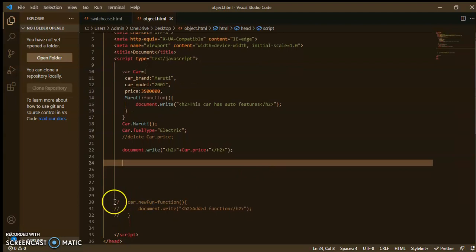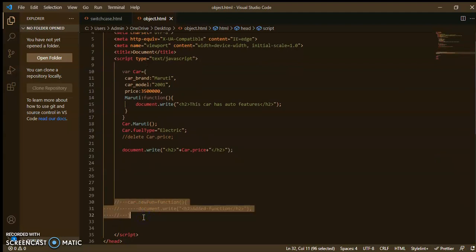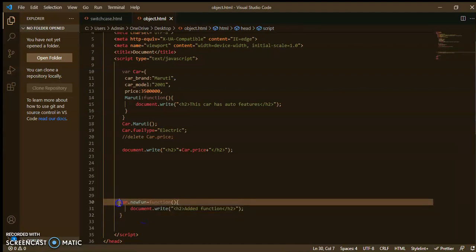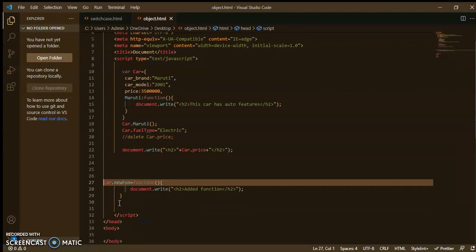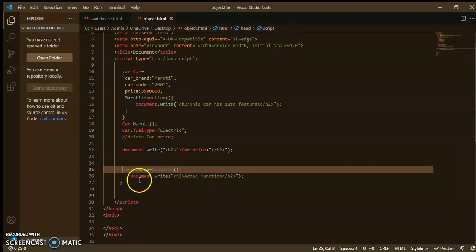Now if you want to create a new function outside of the object, you can create it like this. Use the object name, dot, new function name, equal to function. This function will be part of this object. This way you can create a new function.